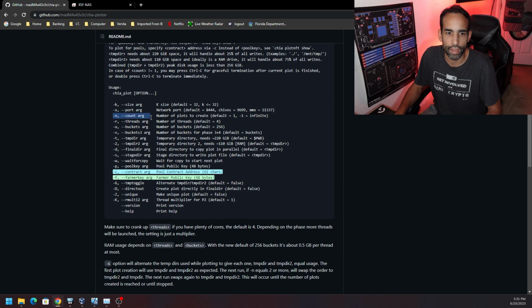So N is the number of plots you want. R is the number of threads you want to use on your CPU. If you have a 12-core, 24-thread CPU, use 12 or less. If you have a 6-core, 12-thread CPU, use 6 or less. Don't count the threads as each one. Yes, you could use it, but then you're going to wind up taxing your hardware, which some people can get away with no problem. And again, instead of using the pool key, we use the contract key, which we got